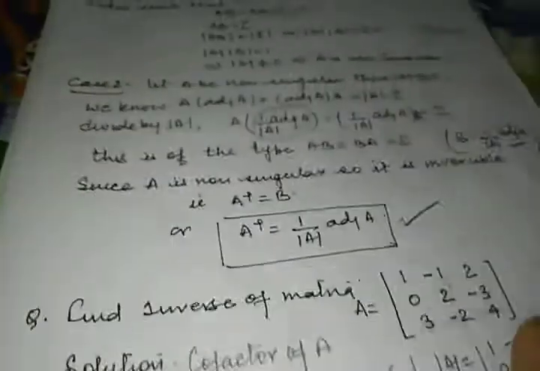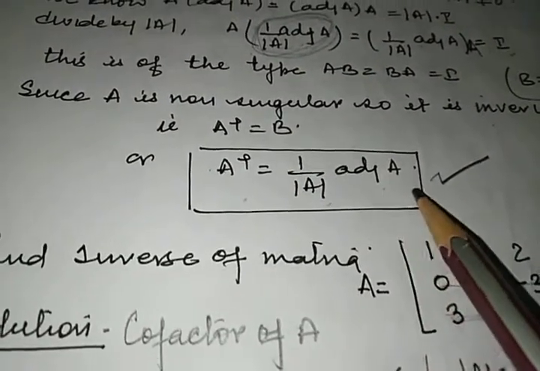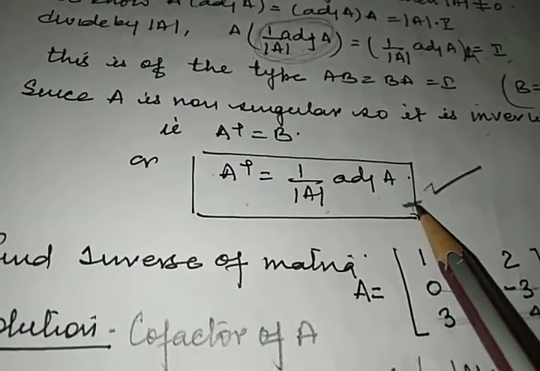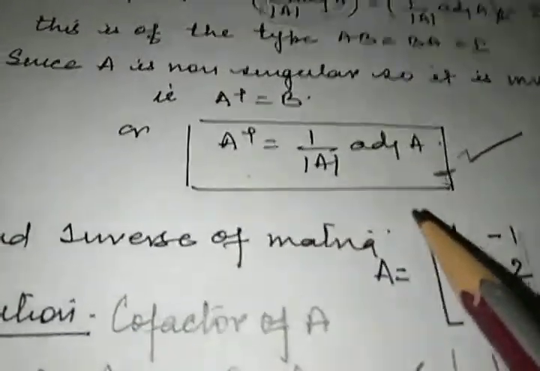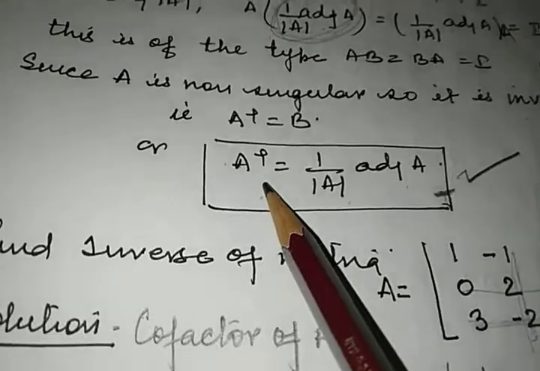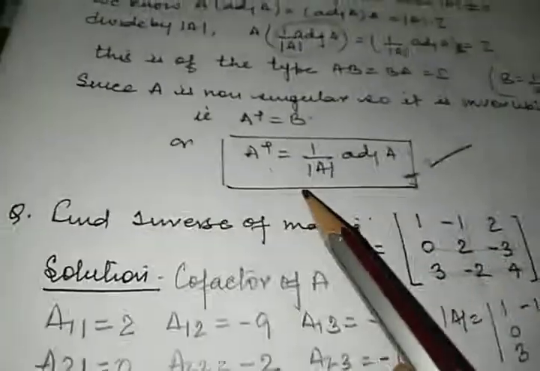That is, 1 upon determinant A into adjoint A. Now children, you have got the second method to find the inverse. One you have got with the row and column operation. The second one is this one. This is the logical case from where you will start doing the questions. Most of the problems occur from here only in finding A inverse. Why does the problem occur? Because it is very simple.